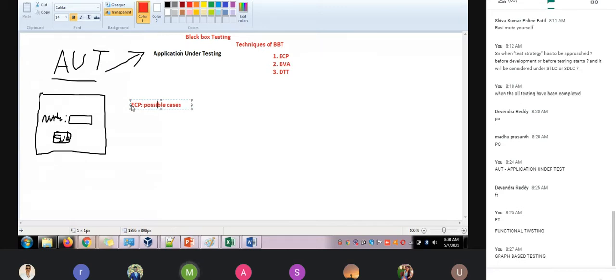Once you have identified the possible cases, you need to make them into groups, and once you have made the groups, test one thing from each group.